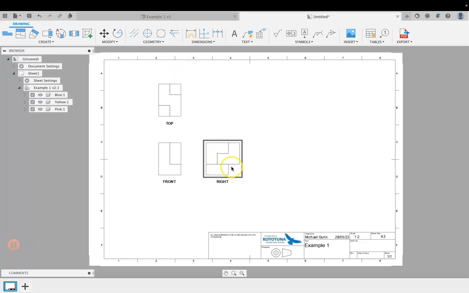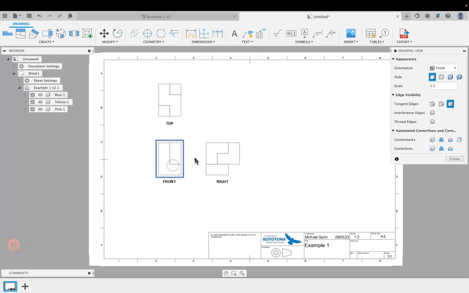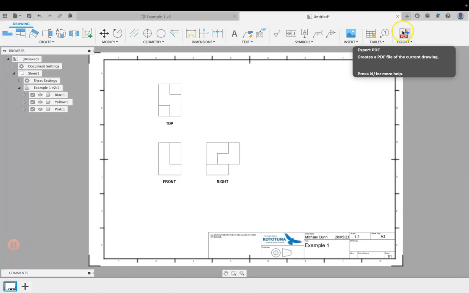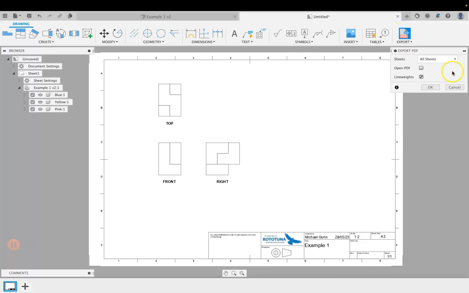Now what I'm going to do is show you how to add extra pages down the bottom. So this is our assembly, everything together. It doesn't really seem like much at the moment, but what I'll do is right click on my front view and edit. And you can see here I can change the different views, and you can see the hidden detail lines. And then go back. But when I export this, I can export our drawings up here, go to export,